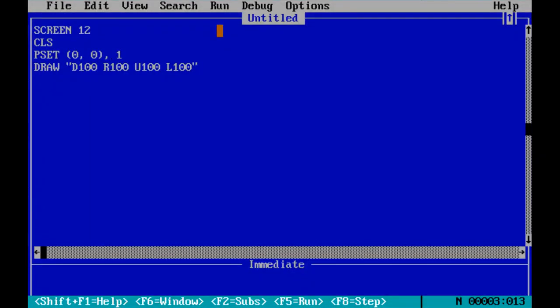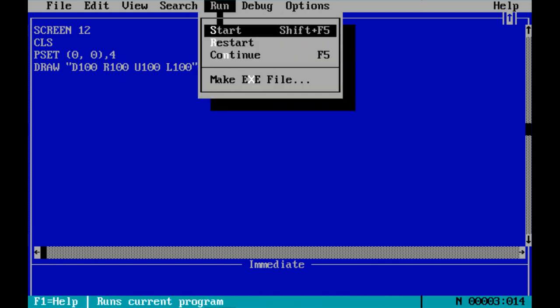You can also change it to other colors. For example, red color. The color code for red is 4. So now our square is in red color.